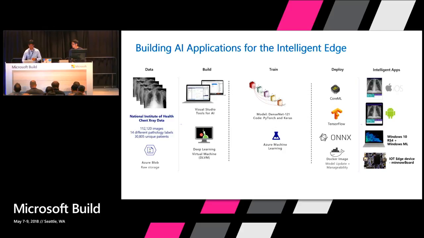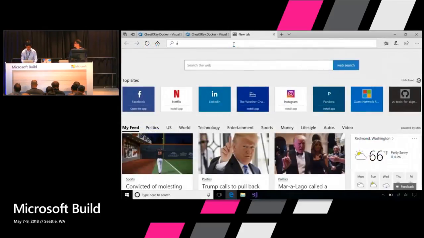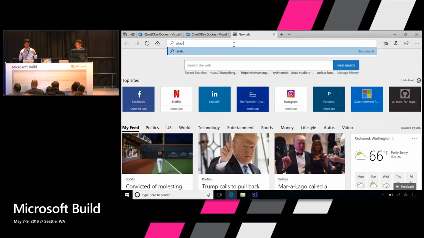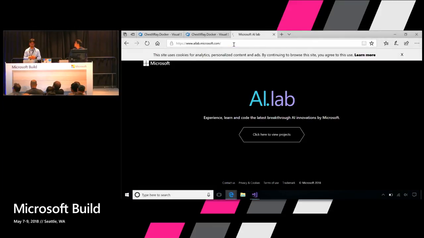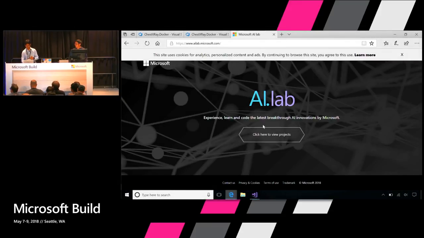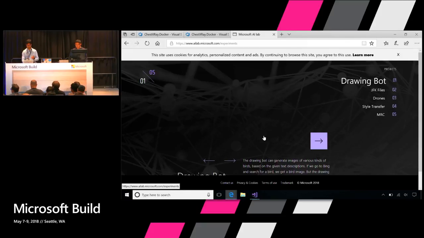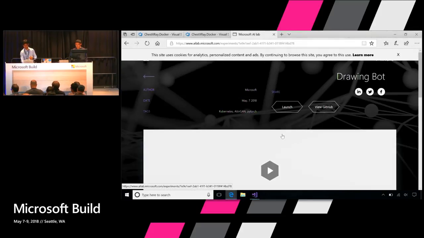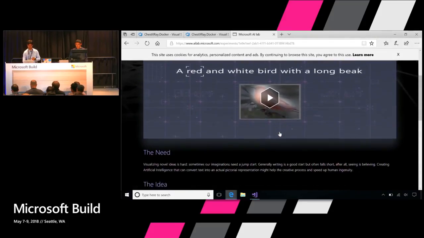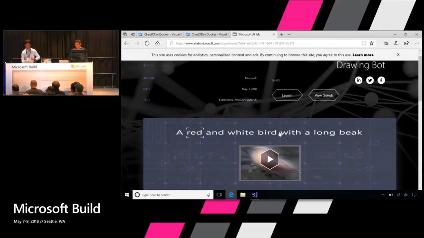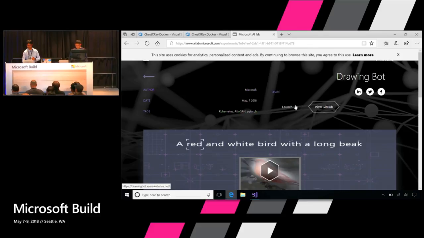the AI lab, which we are super proud of working on. We have been working on this for the last 15 days tirelessly to release it. And there's a lot of work which has gone behind it. So you could try a lot more of these. And if you click on the projects, basically the one which Seth just mentioned about DrawingBot, you can just click on this and you will see more details. Because of my screen resolution, this looks a little weird. But generally, what you would see is you can launch the experiment.